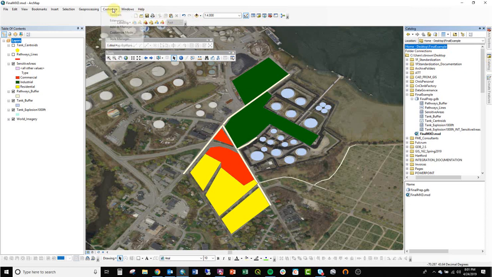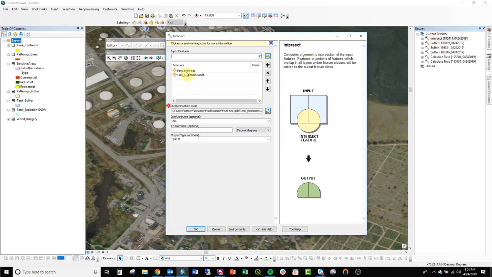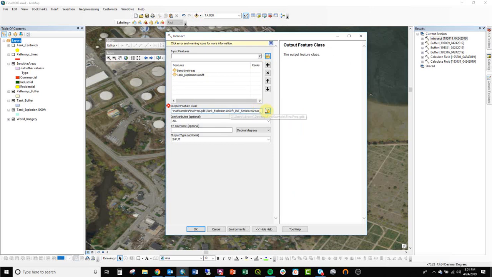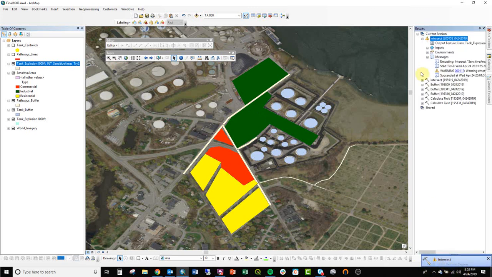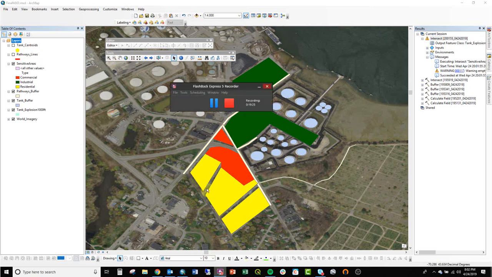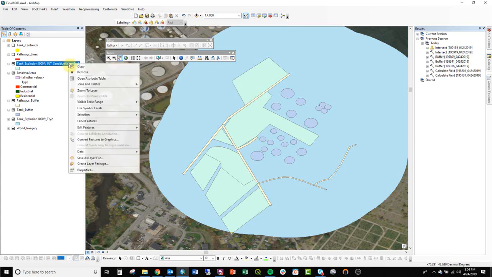Alright, so if you need to rerun a tool, you can do geoprocessing, results, intersect, try 2. The output. Alright. And we're back. Okay, so